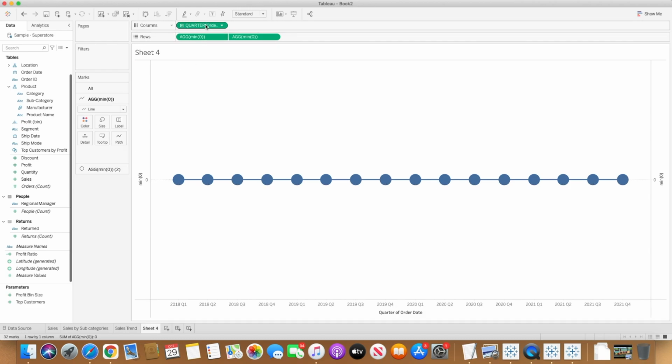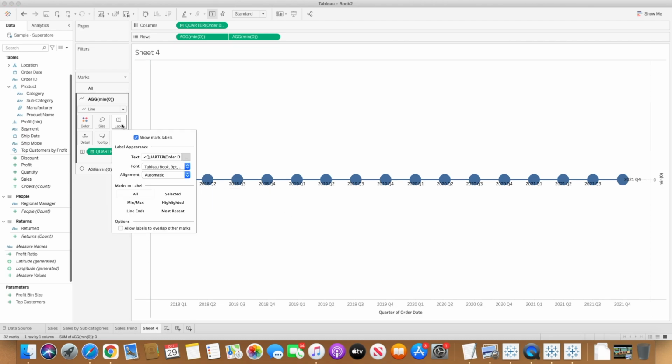So I will simply drag this quarter field by selecting Control or Command and bring it into the text mark, and you will see it started to appear 2018 quarter 1, quarter 2. And we will do a little bit of formatting by selecting text mark and go to alignment. I want it at the bottom and at the center,